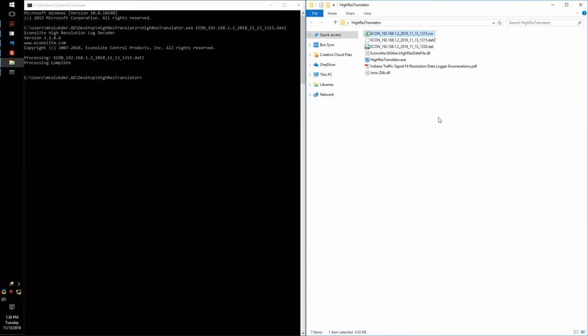And let's translate the latest file that we actually interacted with. Remember that we put call on phase 1 and that we put call on phase 5. This is the one that we're going to translate and see, to match the events that we input, so the events that we created. So let's translate this file, and I'm going to show you another way that you can open up CMD or command prompt